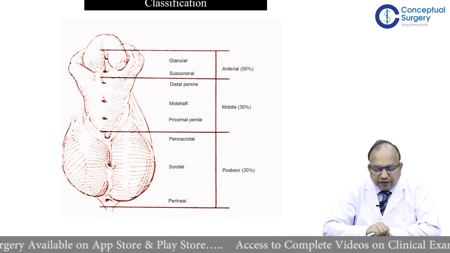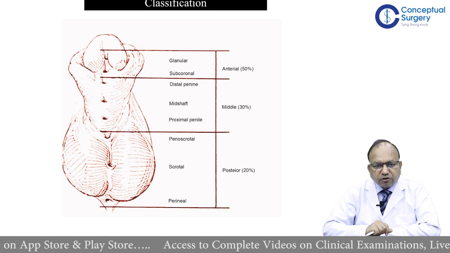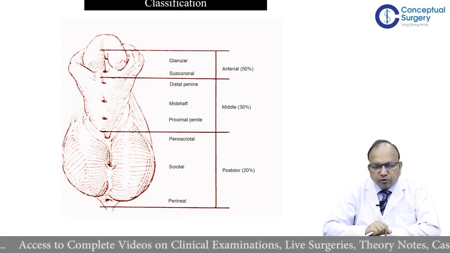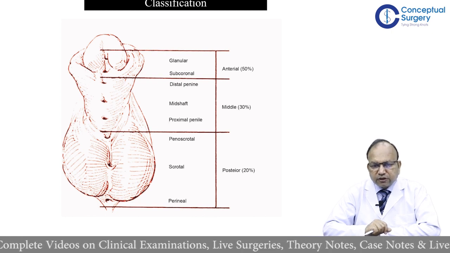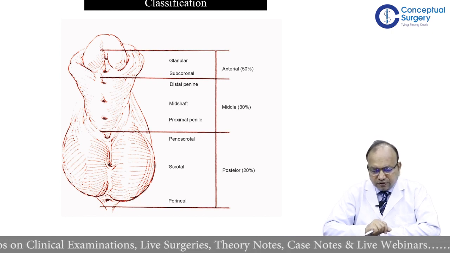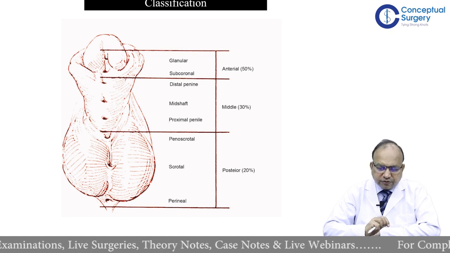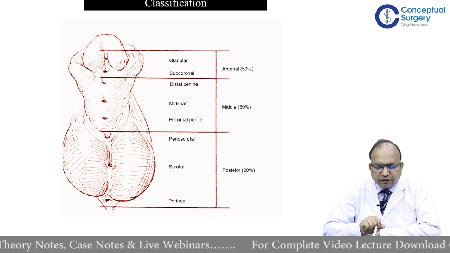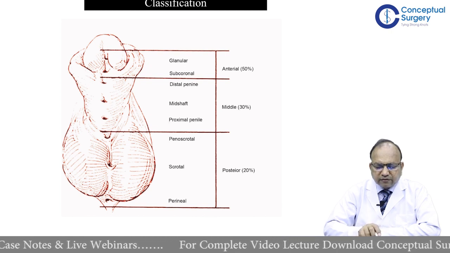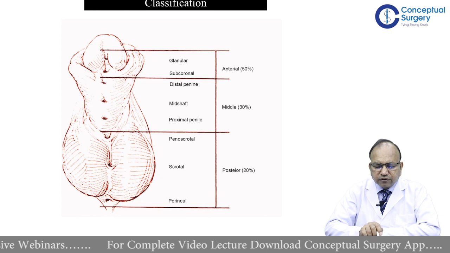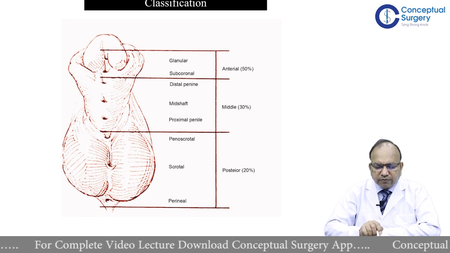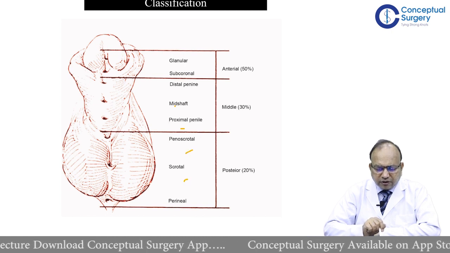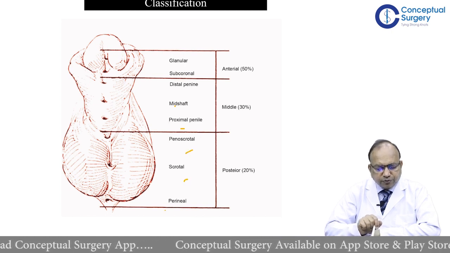Classification of hypospadias is essentially dependent on the location of the meatus, and almost all books and reference articles will mention this classification depending on the meatal location. You can call them anterior, middle and posterior hypospadias, or you could be more specific like glanular and subcoronal for the anterior, then distal, mid and proximal penile for the middle, and then penoscrotal, scrotal and perineal for the posterior